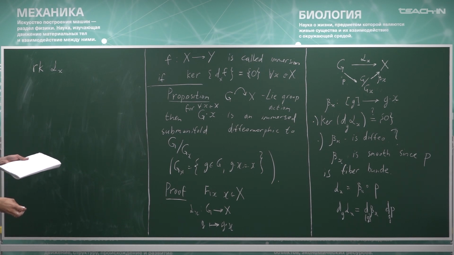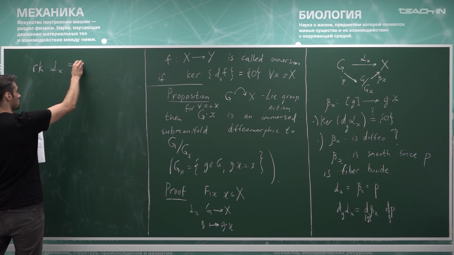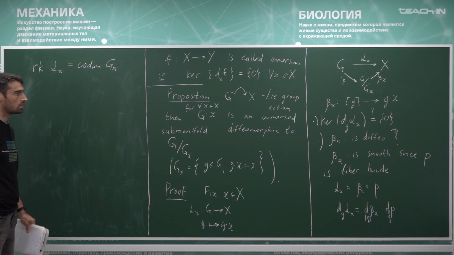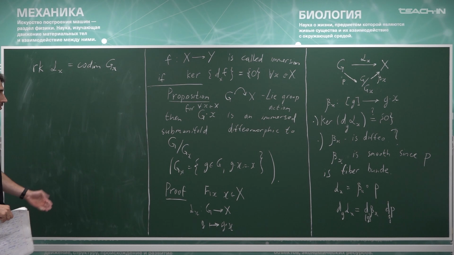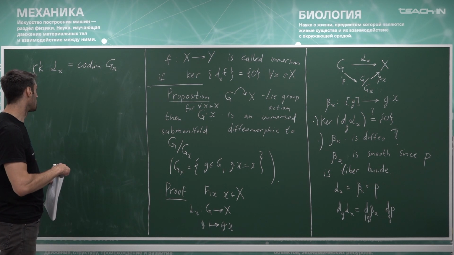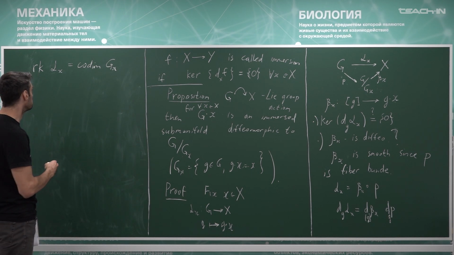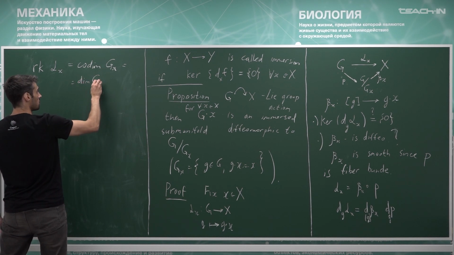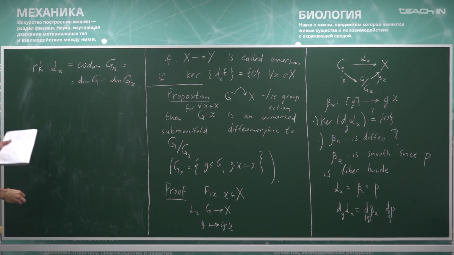So I know that the rank of alpha X is the codimension of Gx. This I know just from the theory of smooth manifolds and the theorem of a map of constant rank, which is this alpha X. And Gx is the preimage with respect to alpha X of the point X. And this is dimension G minus dimension Gx. On the other hand,